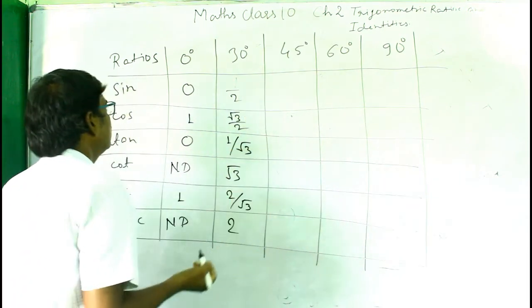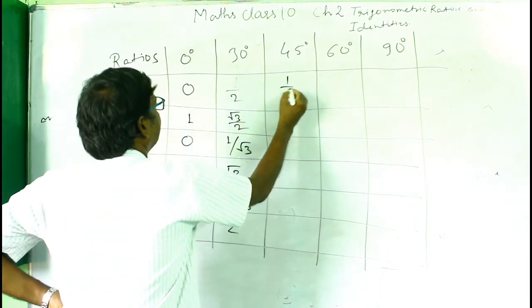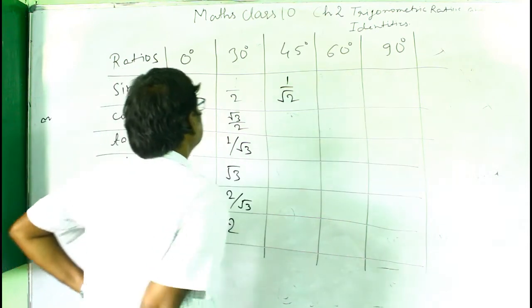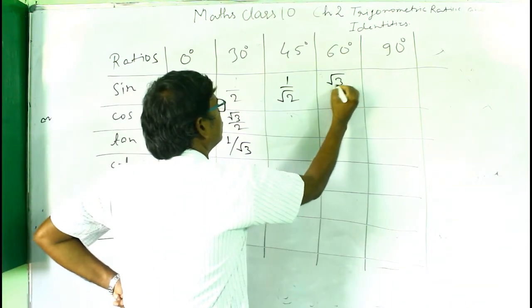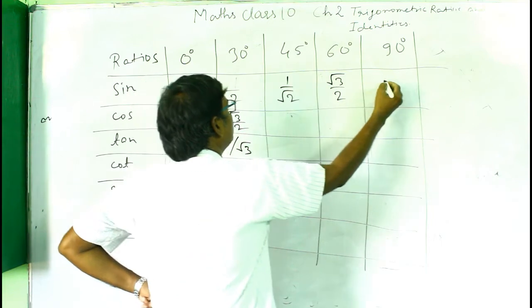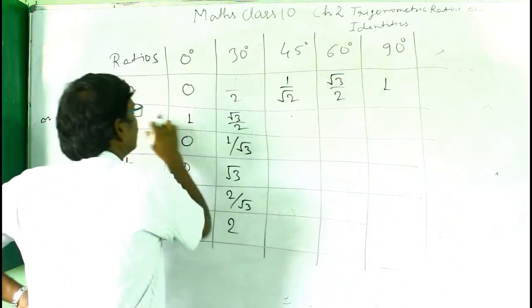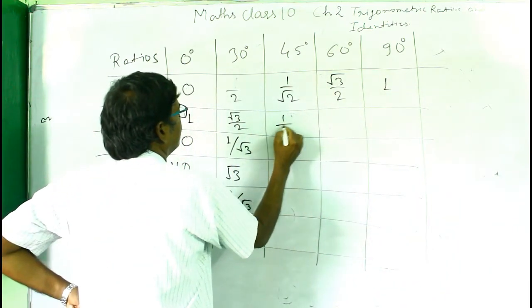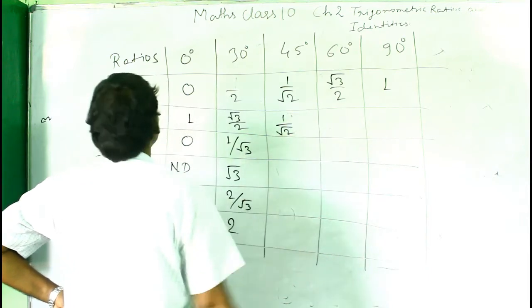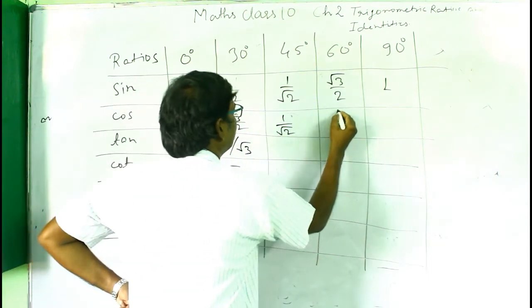Then sin 45 is equal to 1 by root 2, sin 60 equal to root 3 by 2, sin 90 equal to 1, and cos 45 equal to 1 by root 2, and cos 60 degree equal to 1 by 2,